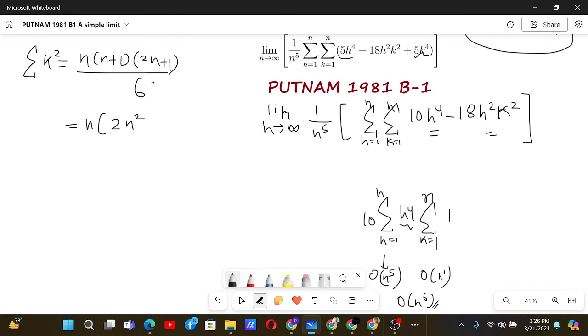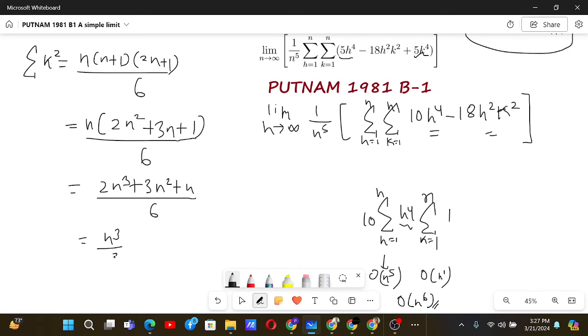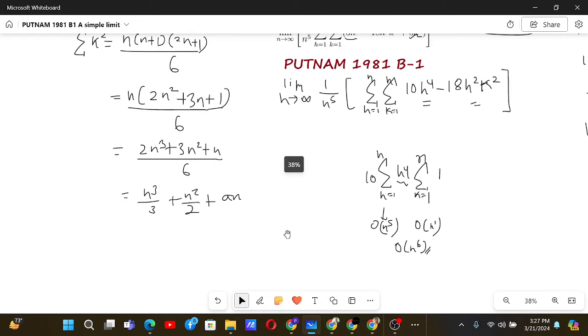So 2n square plus n plus 2n is 3n plus, we don't really need to know, but it's 1. Fine, it's easier. Yeah, and then it's (2n cube plus 3n square plus n) by 6. So it's basically n cube by 3 plus n square by 2 plus an. No, it doesn't matter what that a is. Okay, now